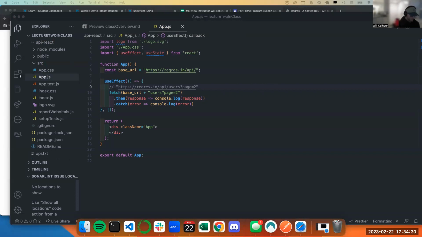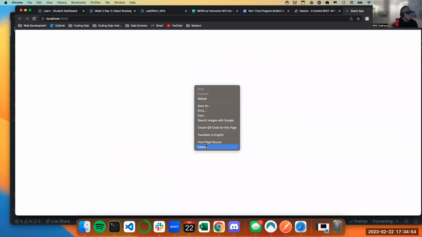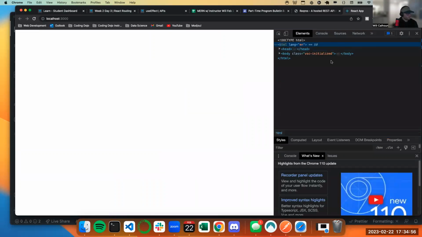So let me spin this up, CD into API React and start, and then we'll start looking at exactly what we can do here.